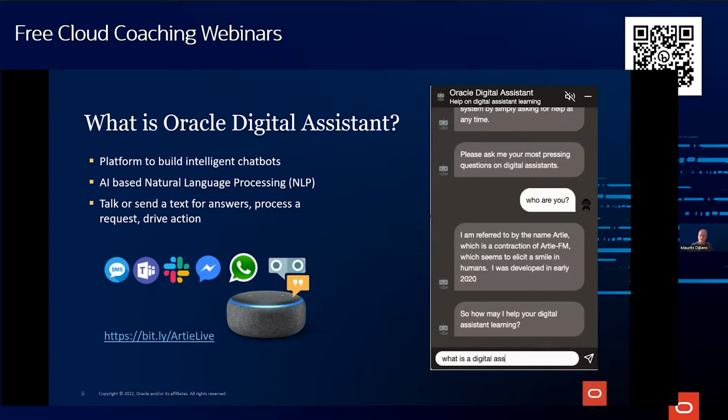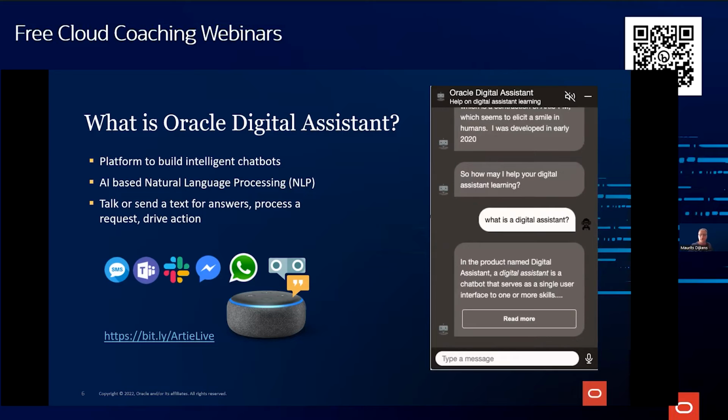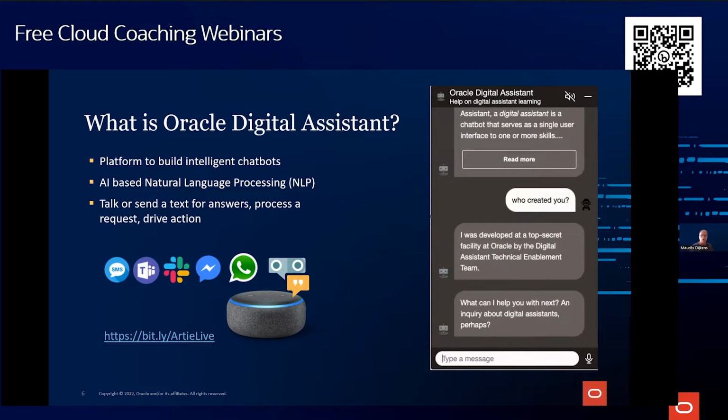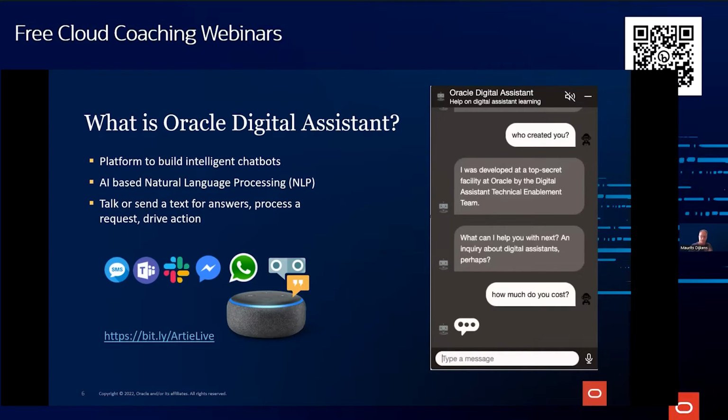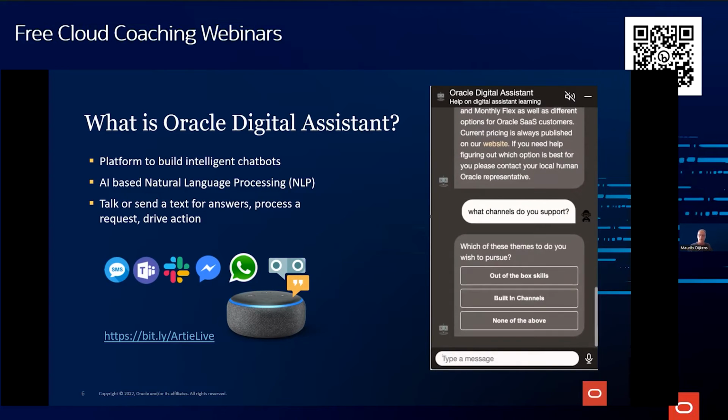So what is a digital assistant? It is basically a new kind of channel, a new kind of user interface for users to use applications or functions or activities they want to do. And it's all conversational. I think most of us by now are very used to conversational interfaces if we chat with friends or family or colleagues. The digital assistant is the same kind of paradigm, but then you are talking to an application,